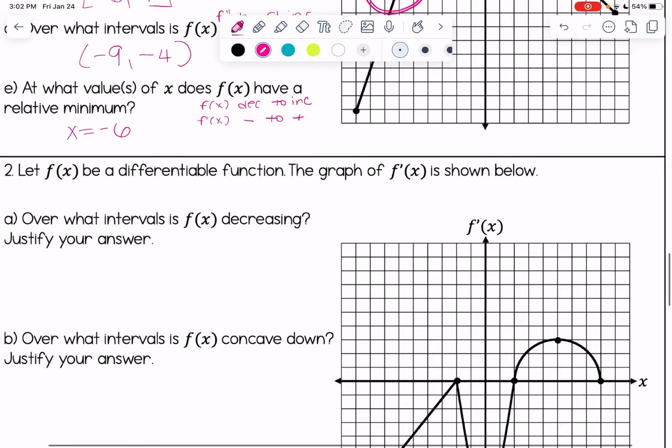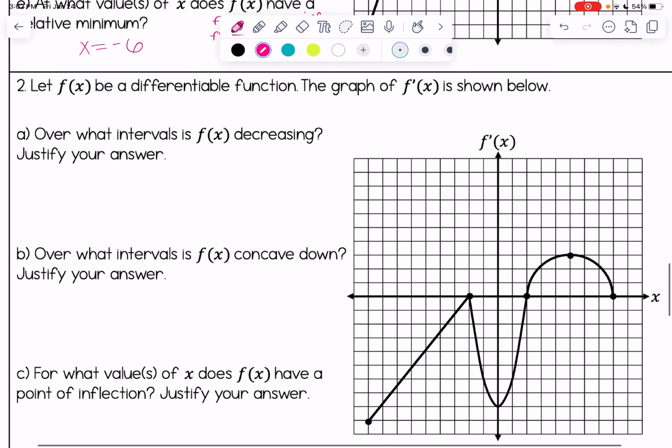All right, let's take a look at one more. Let f of x be a differentiable function. The graph of f prime of x is shown below. All right, A says, over what intervals is f of x decreasing? So if we tie that with the derivative, that would mean that the derivative has to be negative. So I can see that the derivative is negative